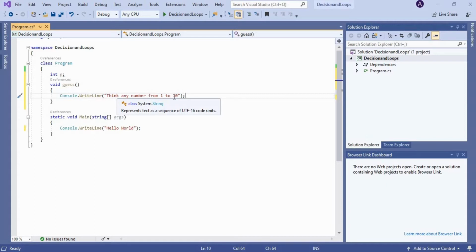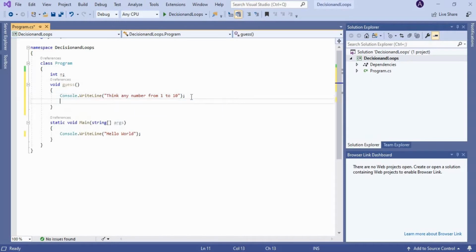So the user is going to think of any number from 1 to 10. From these numbers 1 to 10, we can split into two types: one is odd numbers and the other is even numbers. So we can have separate logic for calculating even numbers and separate logic for calculating odd numbers.